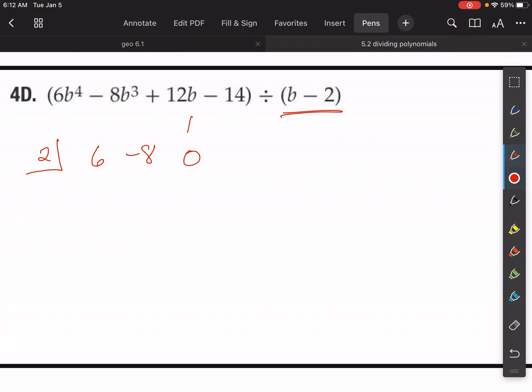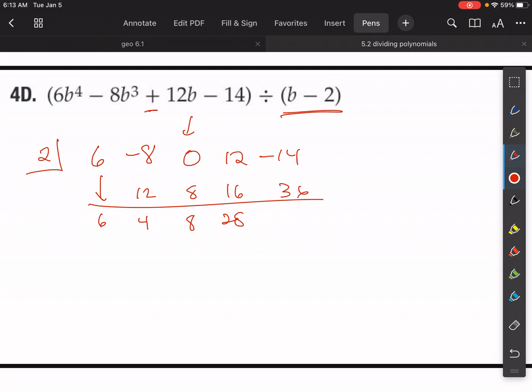Be careful there. This is the one that's most missed because there's no square term. 12 minus 14. Okay, so again, bring down. Okay, and I'm just going to do this a little bit quickly here. So we have, what is this? 4, 8, 16, 36, and then we're left with, let me just make sure this is what I wanted to do with you guys. Yes, we're left with,